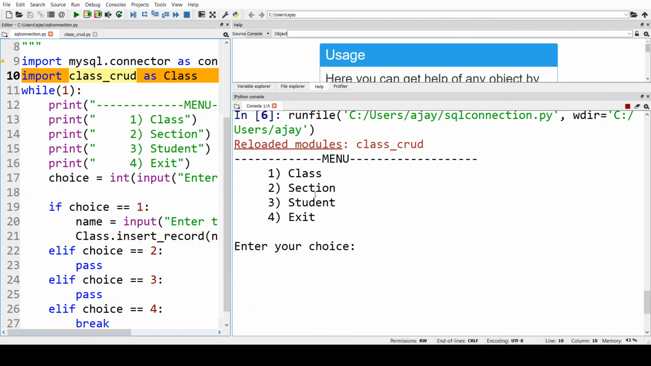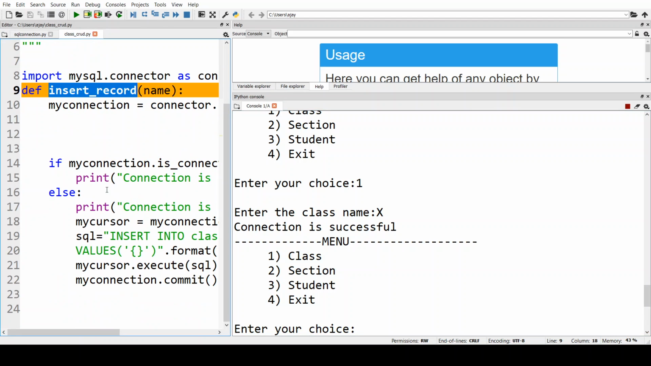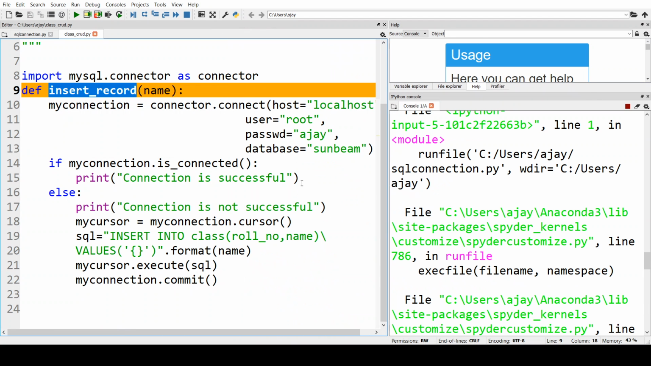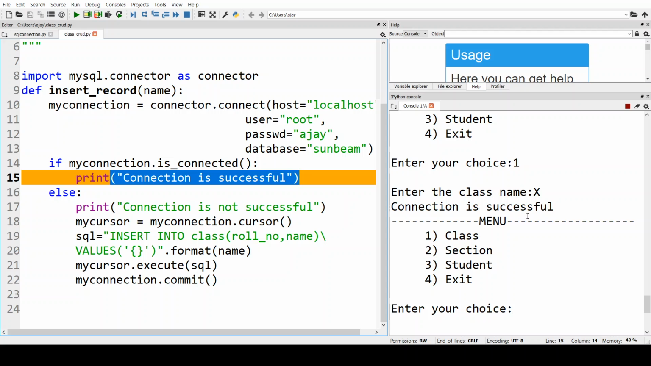Okay, so let me just go ahead and select the first option, that is class, and the name of the class is class 10. Okay, and connection is successful, which means that it actually went over here and displayed this message. And now we need to check whether the program has been successful in executing the query or not,